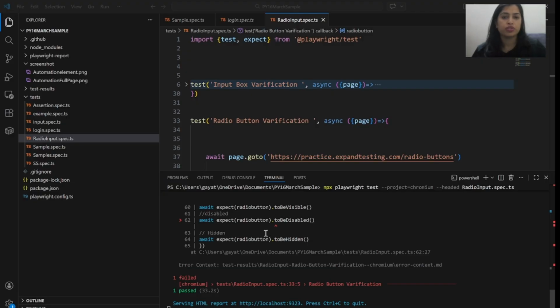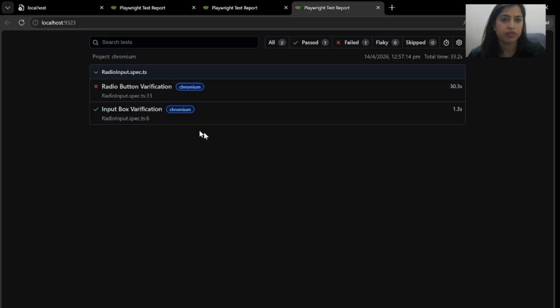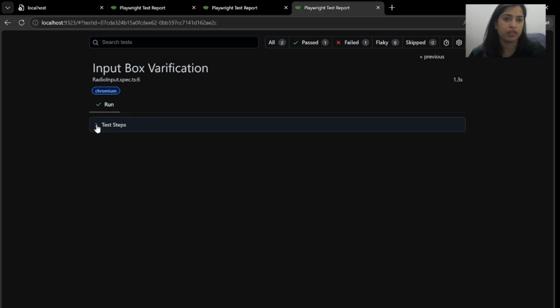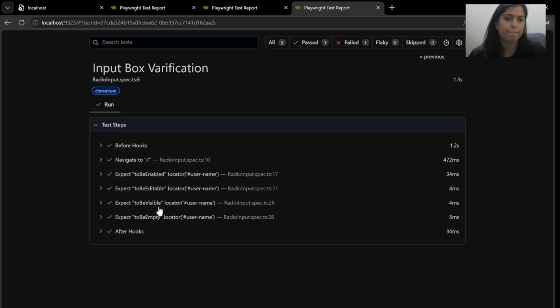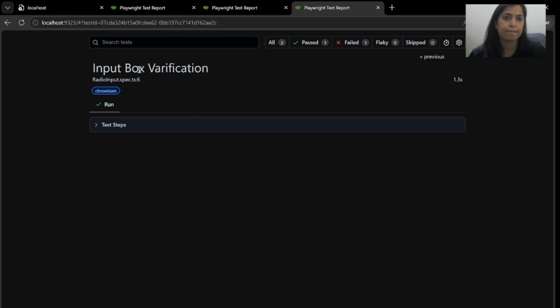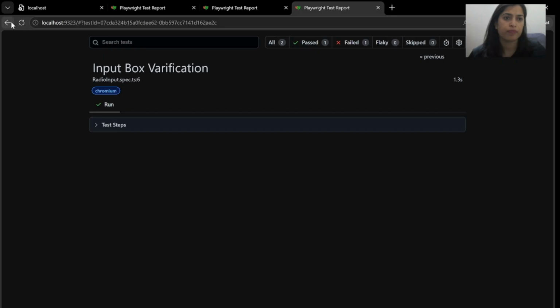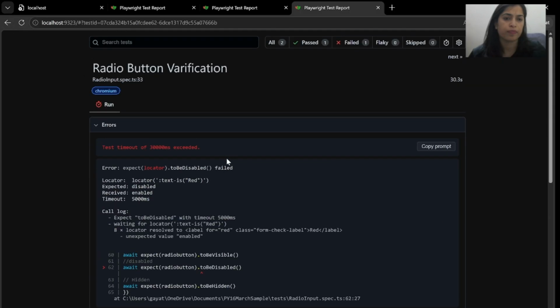Okay. Disabled and hidden, as expected, got failed, but we will see the result. So input box is all sorted. Everything got passed. This is fine. The next is the radio button.